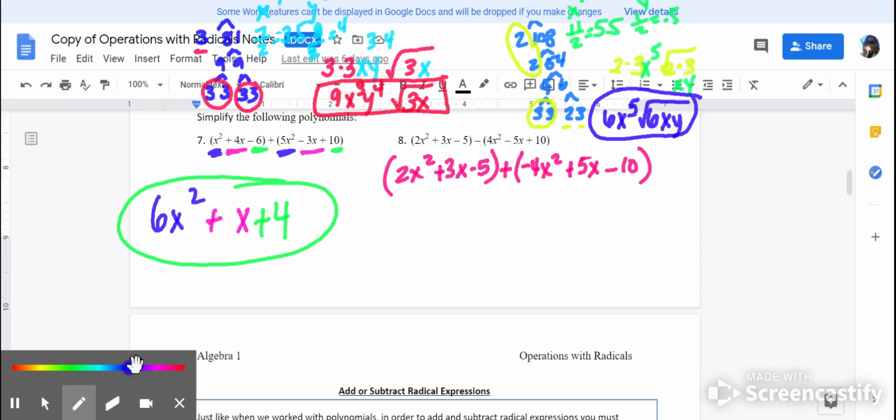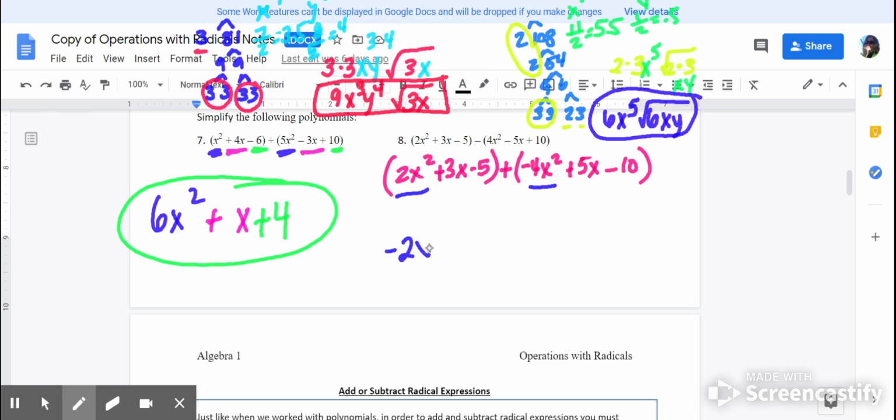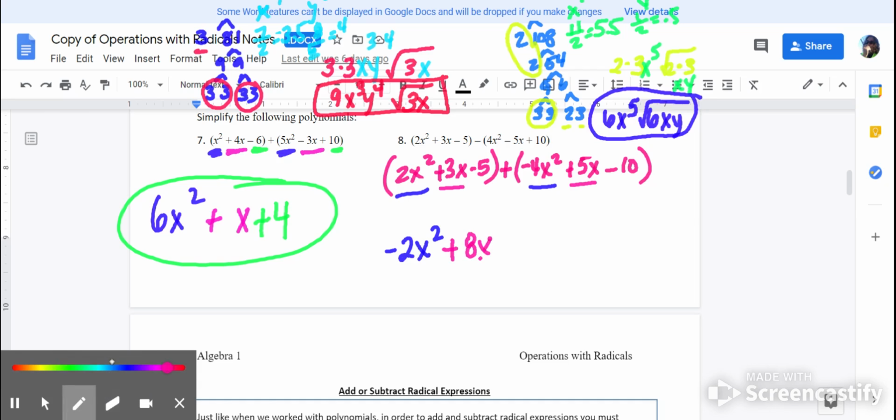And at this point, now I just combine like terms. So 2x squared plus negative 4x squared gives me negative 2x squared. Then we have positive 3x plus positive 5x gives me positive 8x. And then finally,